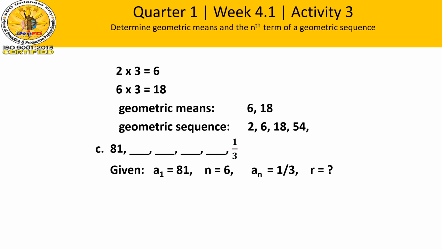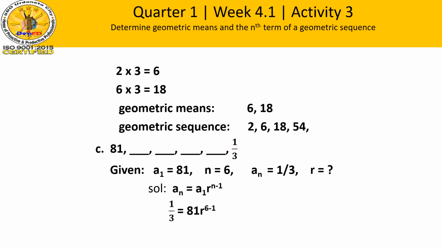So we have 1, 2, 3, 4, 5, 6. Your last term is equal to 1/3, and the ratio is the unknown. So using your geometric sequence formula,